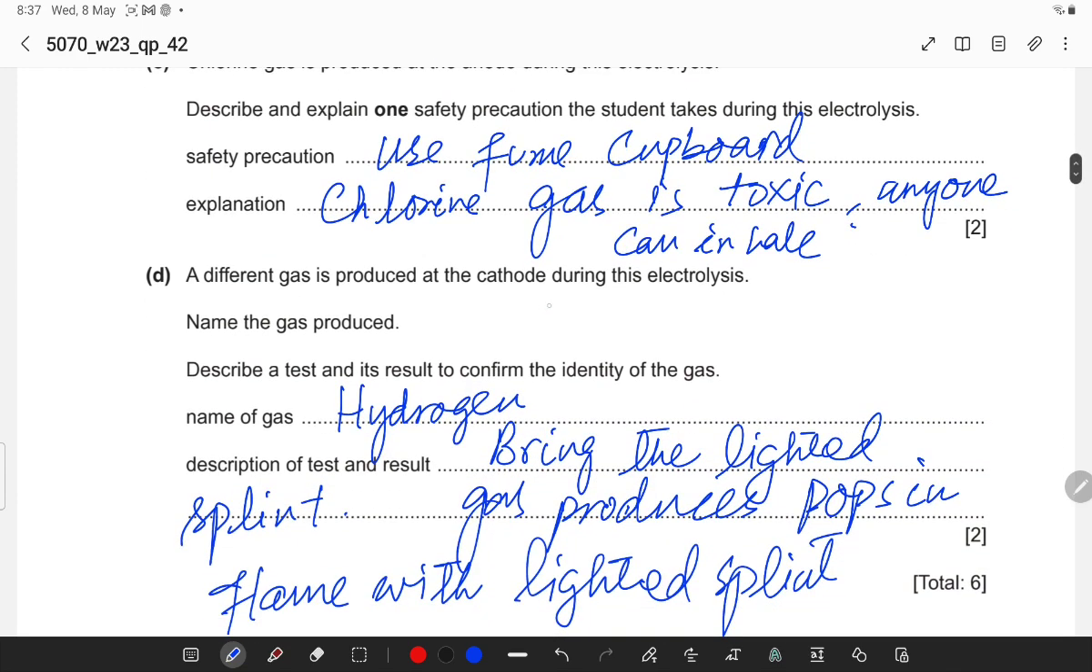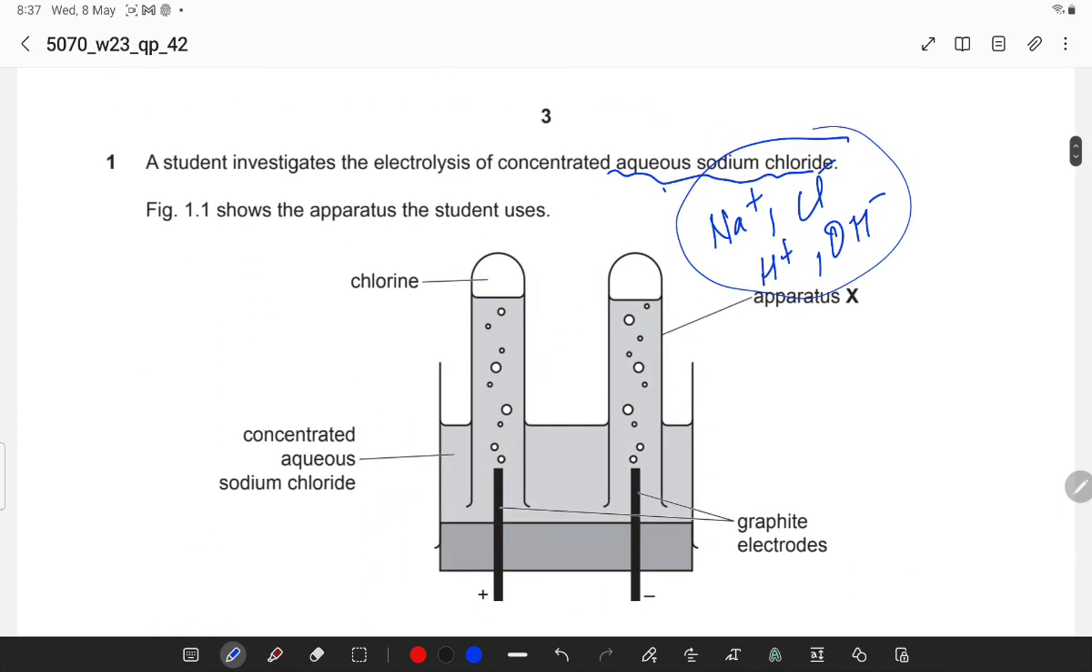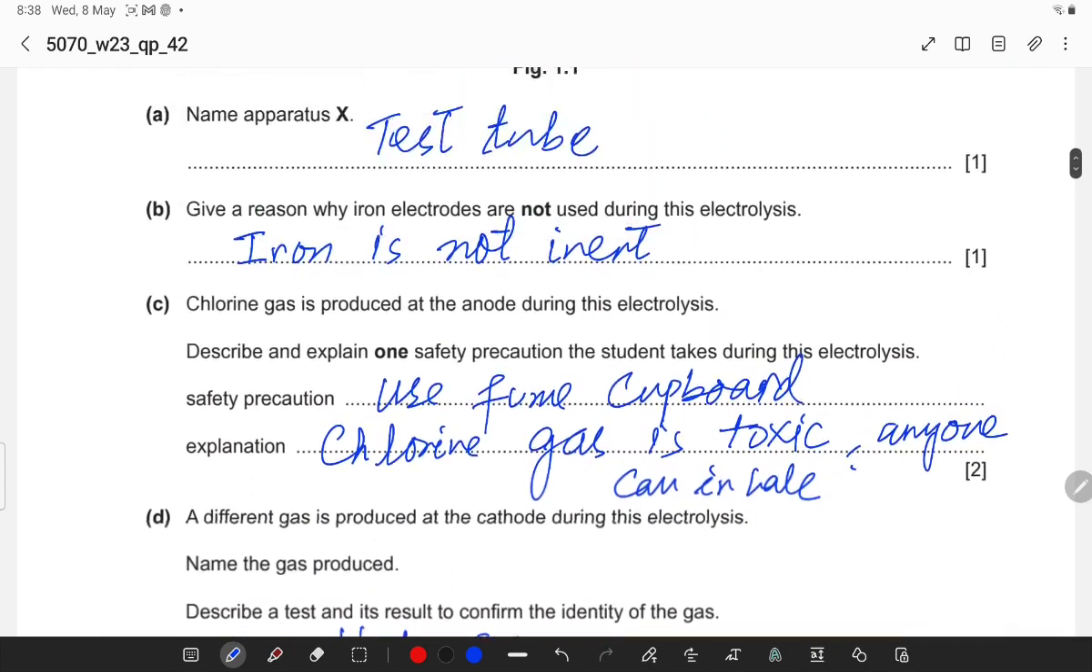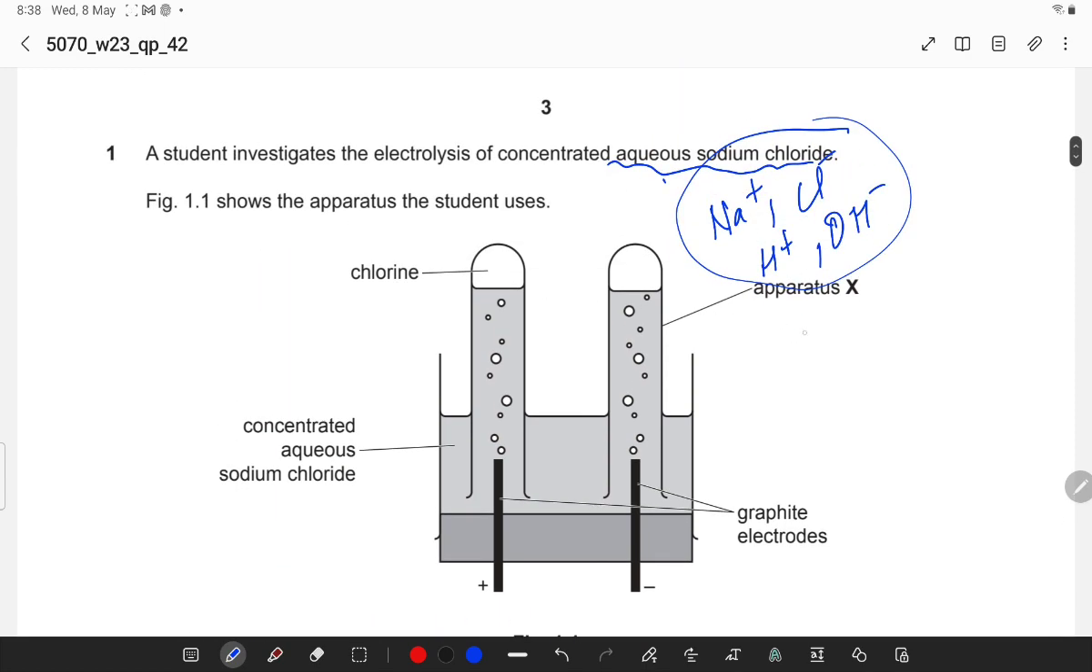A different gas is produced at the cathode during this electrolysis. Name the gas. Describe a test for this gas. The gas is different if we use dilute sodium chloride, where the solution becomes dilute. So hydrogen gas is collected at the cathode. In this case, chlorine gas is at the anode because this is concentrated aqueous sodium chloride, and at the cathode hydrogen gas is collected, like 2H positive